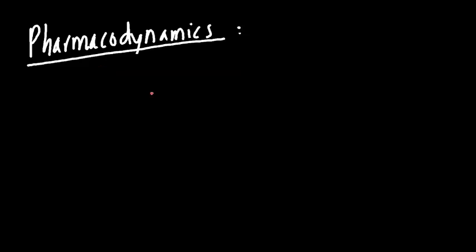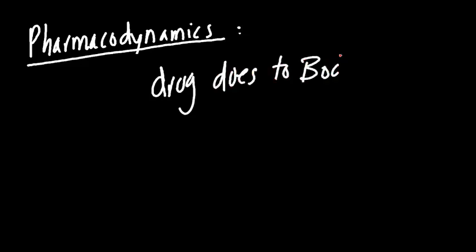Pharmacodynamics, like I said, is what the drug does to the body. While the pharmacokinetics was what our body was doing to the drug through the absorption, metabolism, distribution, and elimination, now we're dealing with what the drug is going to do to the body. We're going to deal with receptors, we're going to deal with enzymes, we're going to deal with fun stuff. So the pharmacodynamics. And to start out this fun lecture, we're going to start with the